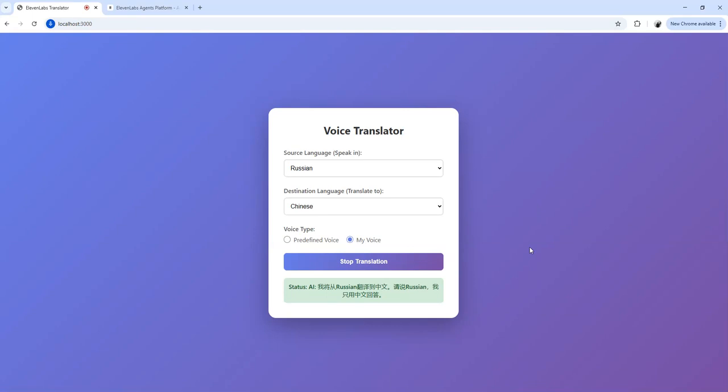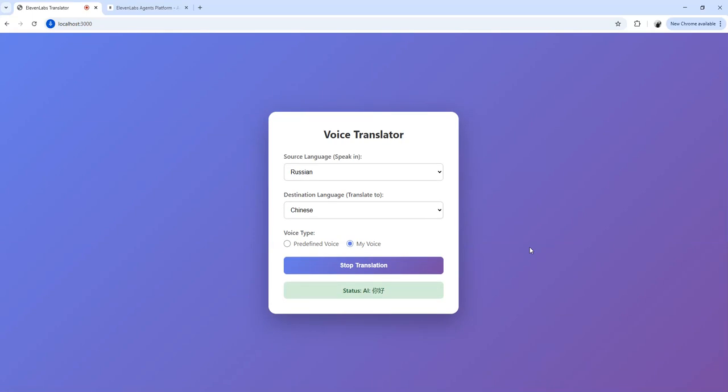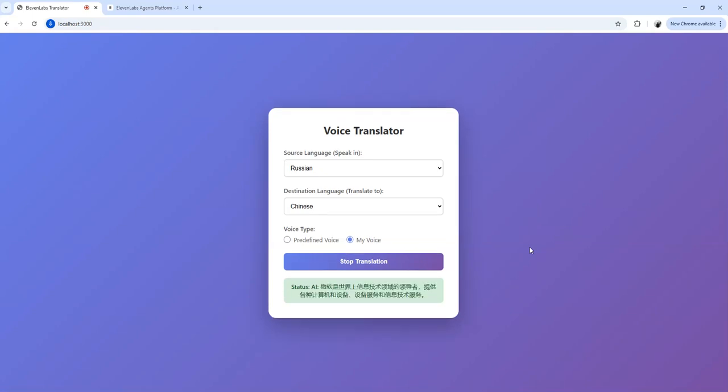我将从 Russian 翻译到中文，请说 Russian， 我只用中文回答。 Hello, 你好， Microsoft, мировой лидер в области информационных технологий, поставляющий широкий диапазон устройств и сервисов программного обеспечения IT-услуг. 微软是世界上信息技术领域的领导者，提供各种计算机和设备服务和信息技术服务。 Это одна из крупнейших в мире корпораций, работающая в более чем 190 странах мира. 这是世界上最大的公司之一，业务遍及全球190个国家。